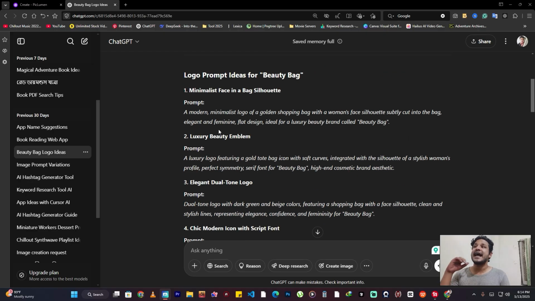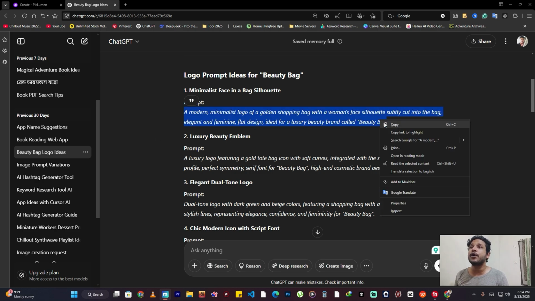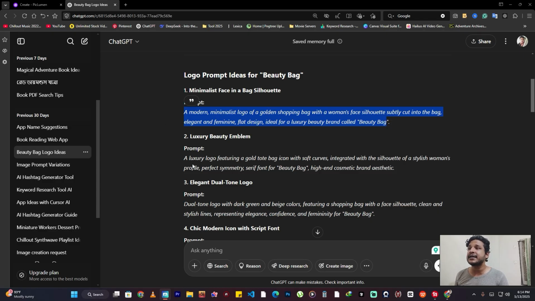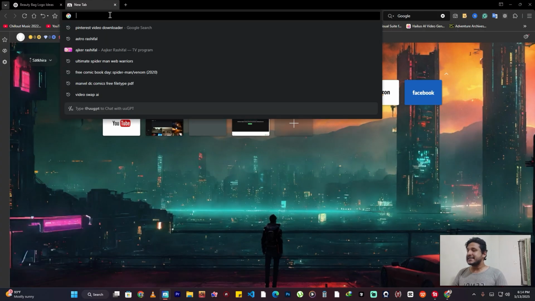Okay guys, now we're going to check them one by one. Here it says minimalist face in a bag. All you have to do is come here and copy the prompt. We'll check all of the logos one by one. So at first I'm going to copy this, then go to Google and search for